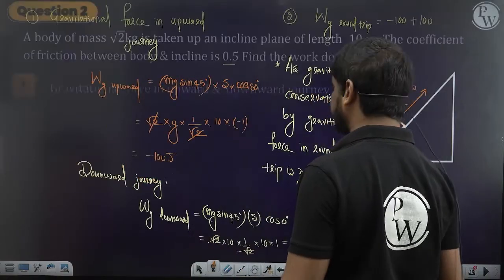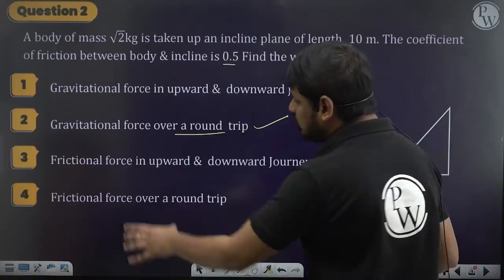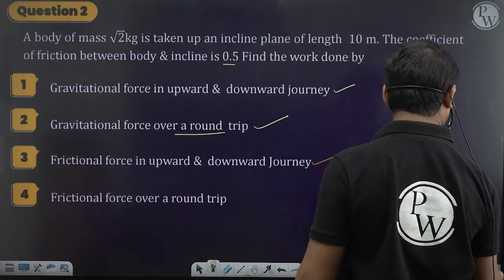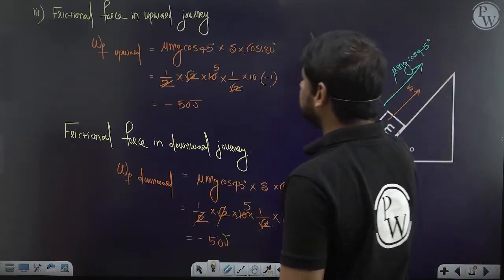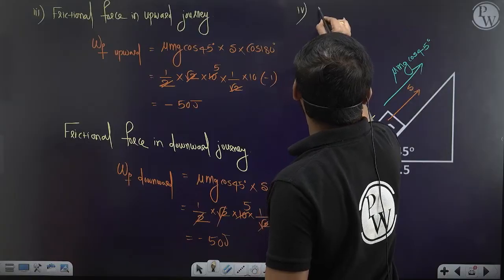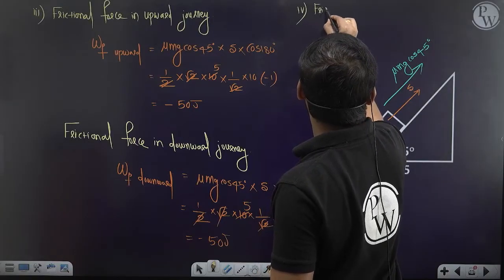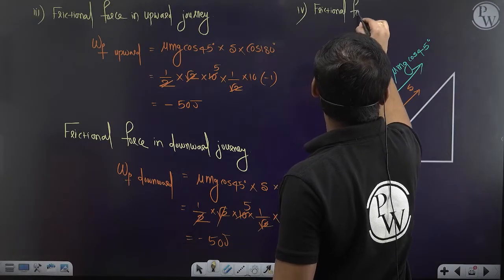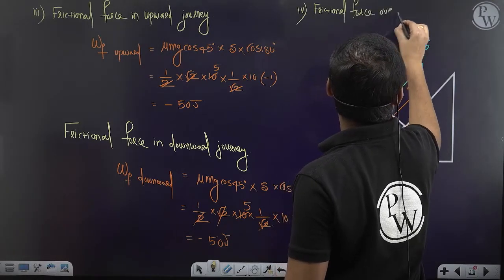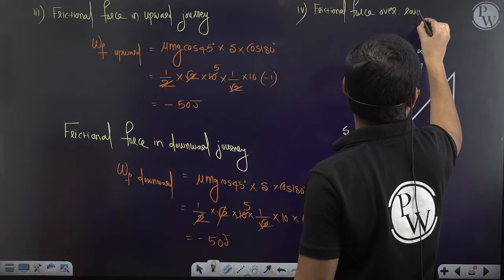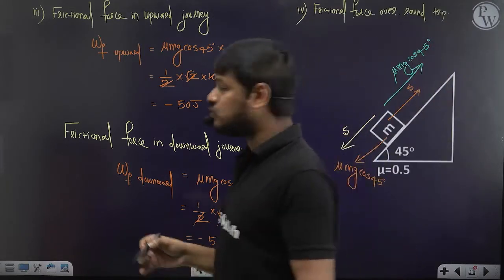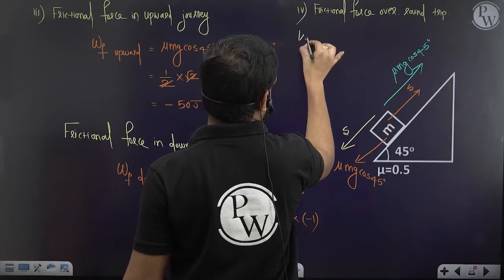So the third part is done. Then they are asking what is the work done by the frictional force over a round trip. See here, now this is important. So now the fourth question: the frictional force over the round trip. That means the upward journey plus the downward journey. So the work done by the friction in the round trip